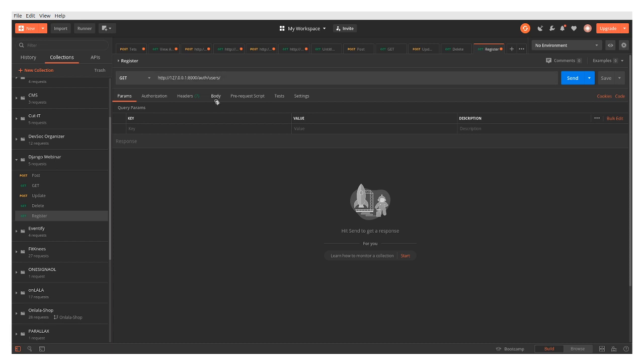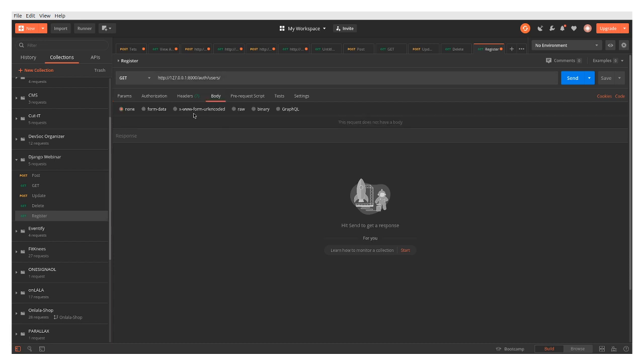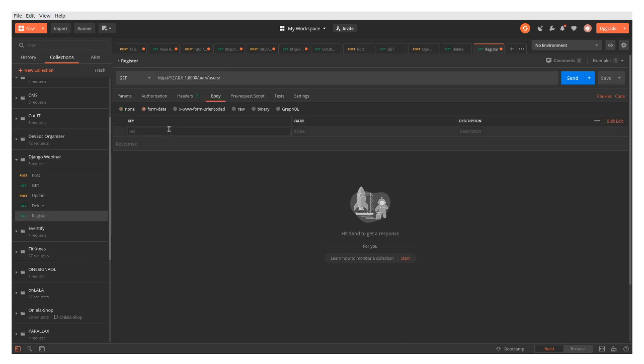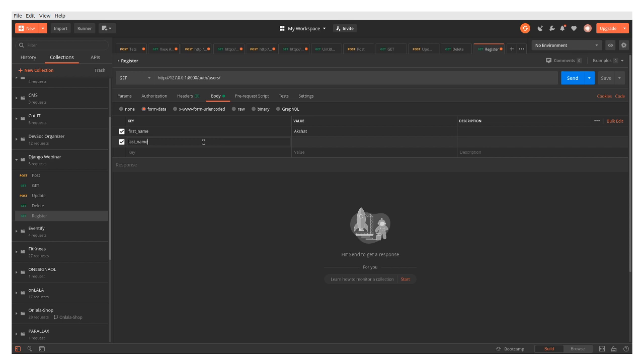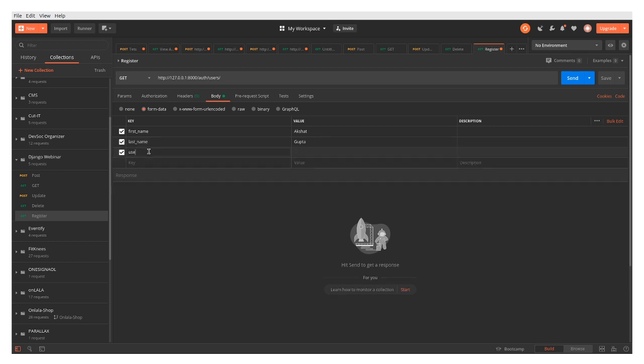That's it. And in body form data, you give first_name. Okay, first of all I'm just using Akshat because I already have an account. You get confused. last_name equals Gupta. Okay, username equals Akshat